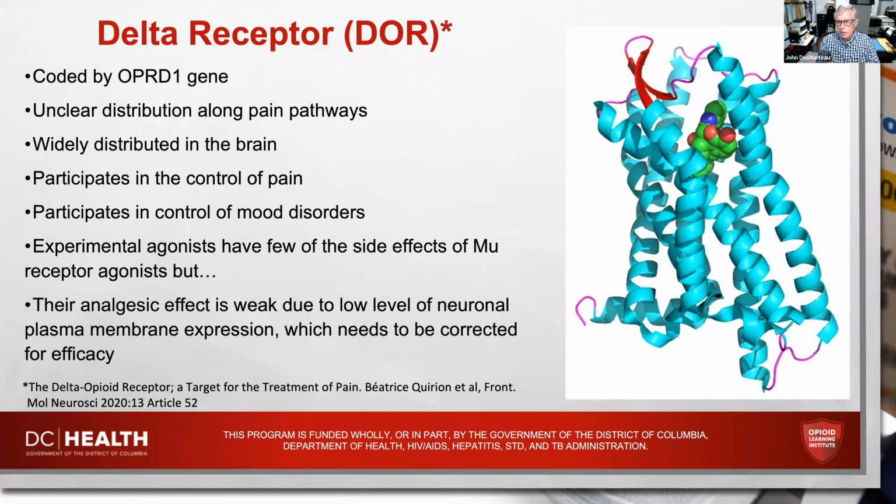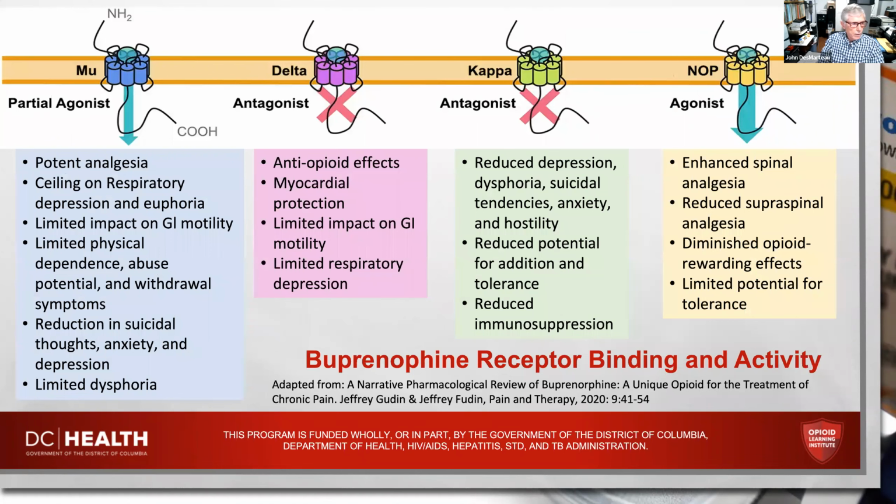One thing to understand, they all look the same. They've all got this kind of weird, it's called a 7 helical structure. And all of the opioid receptors look essentially the same. So the thing is that they all participate to some extent in pain control and in mood control. Okay, now,